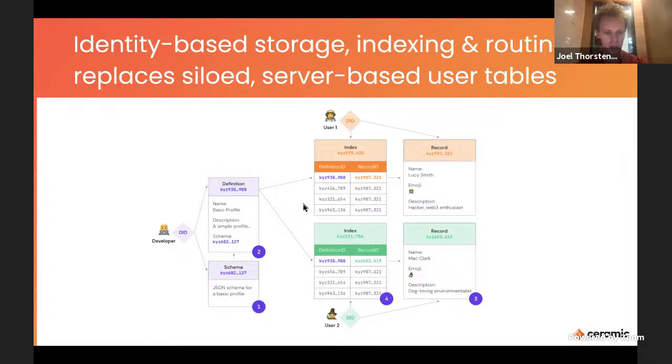The neat thing now is that once some developer has created this data object, in this example a basic profile, you can come and build an application and see that this basic profile seems super useful, and you want to pull that into your application. Then basically you can leverage the network effect of existing applications that came before you.